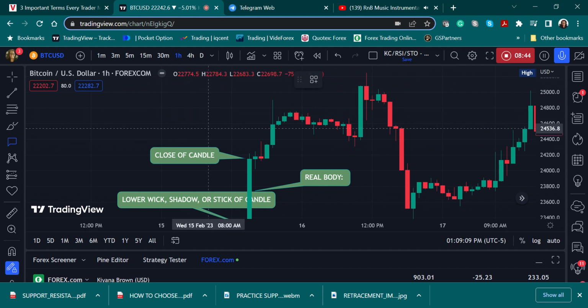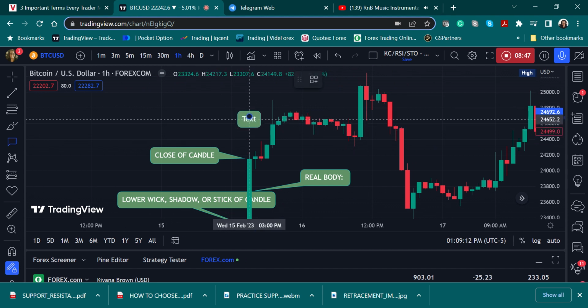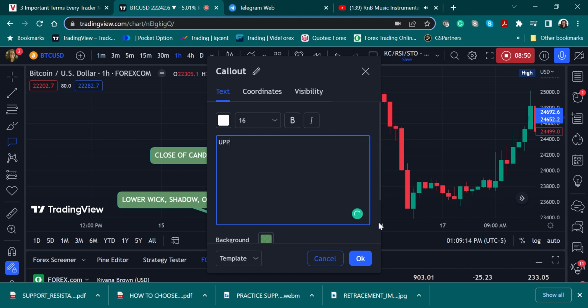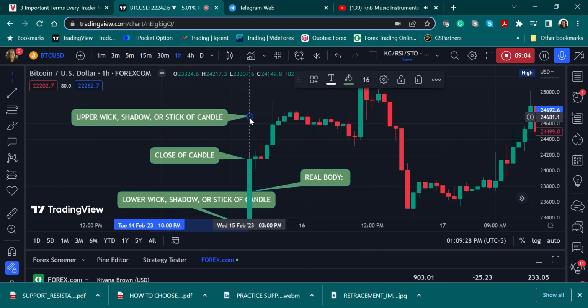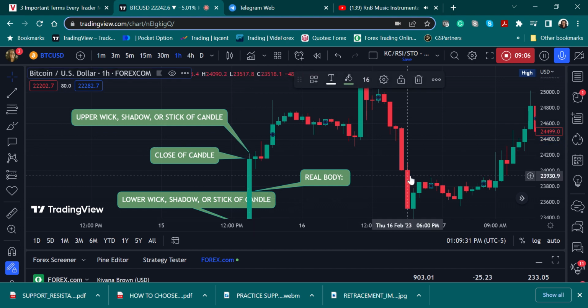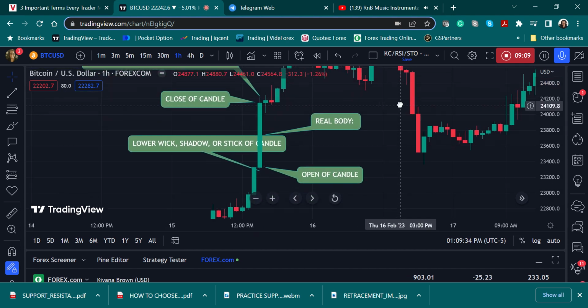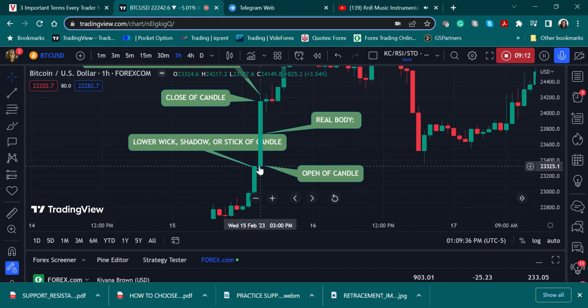So we'll give another call out: wick, shadow, or stick of candle. Now we know the candle opens here, it may trace and wick out here and then come back and go all the way to the highest point,